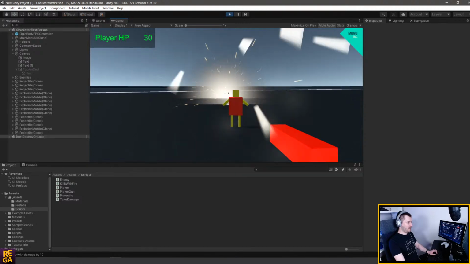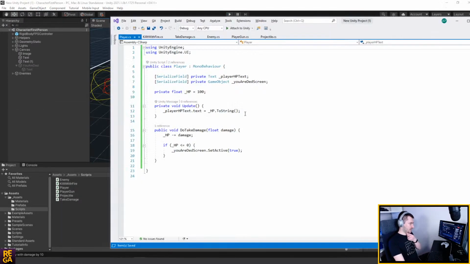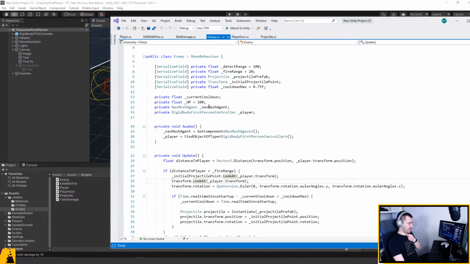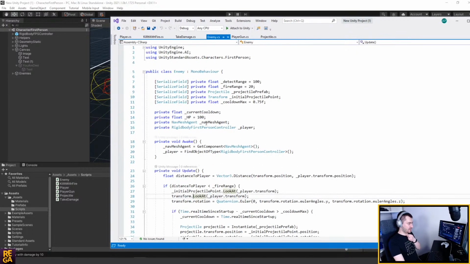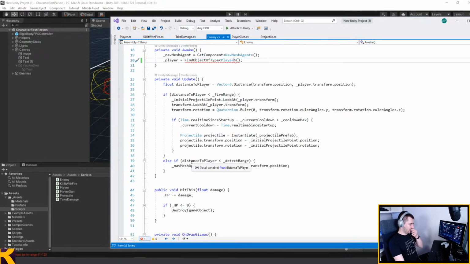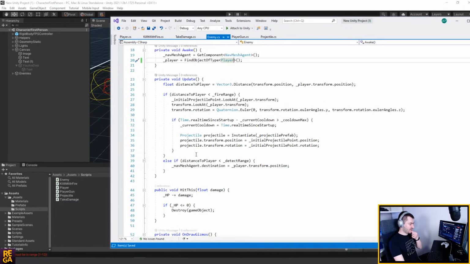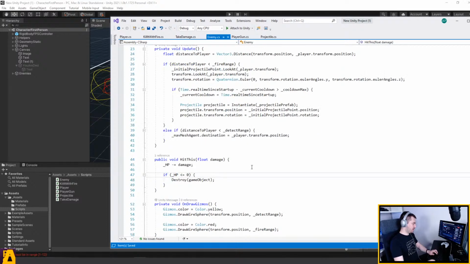So let's quickly make it so that when you kill an enemy, since the enemy has the reference to the player, which is nice, but has the Rigidbody first-person controller, which is not nice. But now we have the player, so you can change it to player. Of course, you need to do some small adjustments. I think this is just the adjustments that we need. And once the enemy is killed, we can just say,